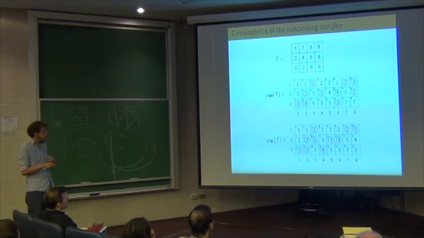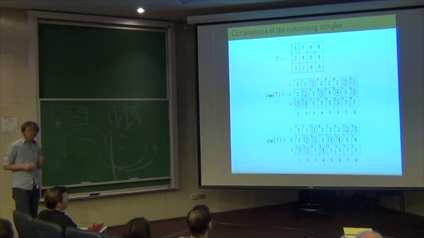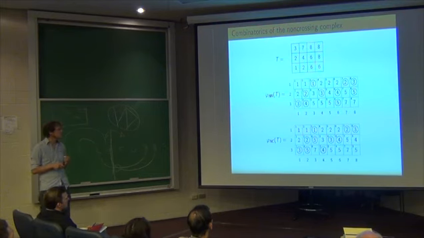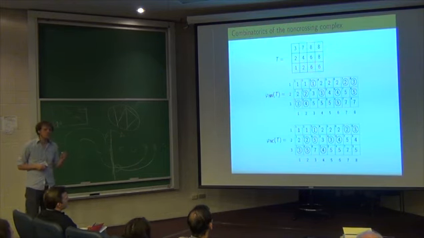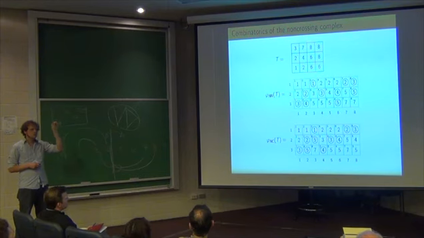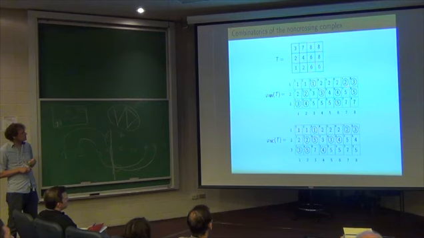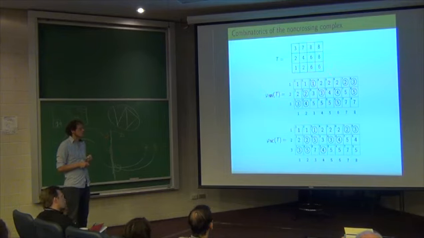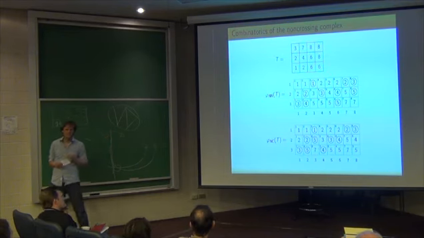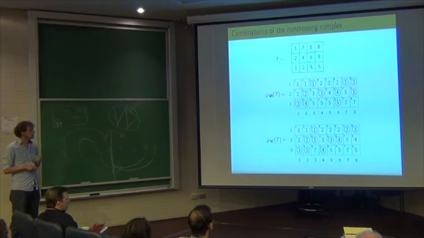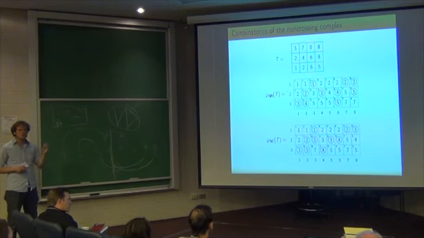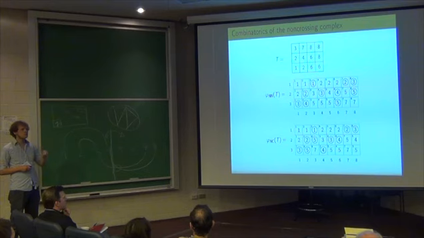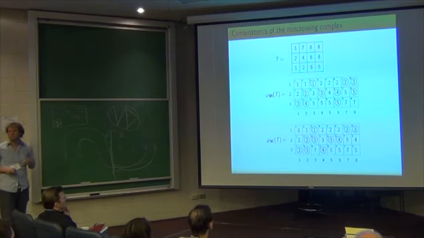And then I have 2 different rules for the non-nesting and the non-crossing situation. For the non-nesting, I'm inserting a number, and I'm always inserting it into the leftmost smallest possible position. So imagine I've written down here, when I insert which, I insert where, and what I just said is just another way of saying I'm writing them from left to right for the non-nesting triangulation. But this is nothing new. The idea is more important for the non-crossing triangulation, where I'm now not taking the leftmost first, but the rightmost last position in which I can put this guy.